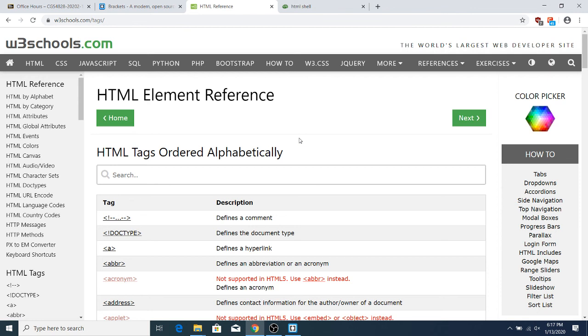So can anybody name some block level tags? Paragraph, perfect. Any others? Header, perfect. The H1 through H5 family. Okay. And what makes a block level tag a block level tag? Okay, so before we answer that,